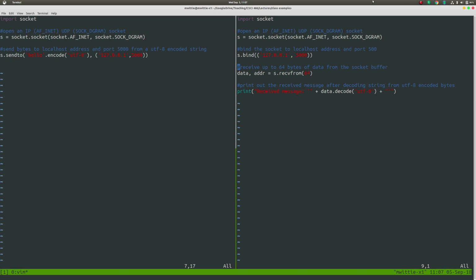Okay, I wanted to show you guys how to set up UDP communications between a client and a server. So on the left side of the screen here we have the client code, and on the right side of the screen we have the server code. So this is in Python 3.6, but it's going to be pretty similar other than the print statements in Python